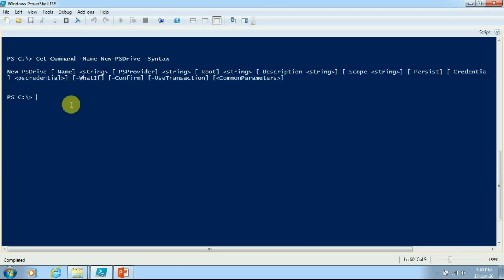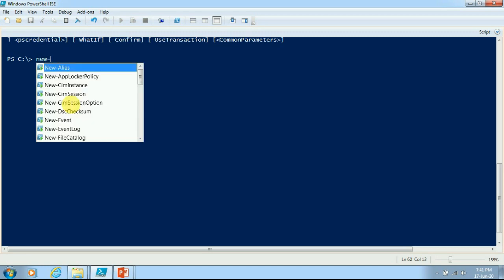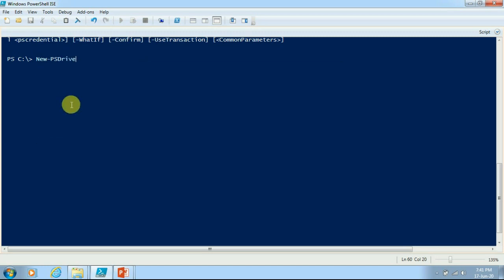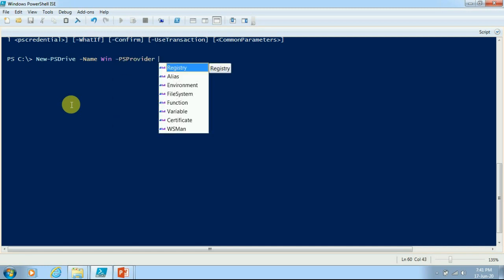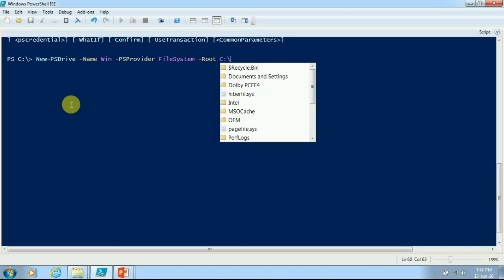So moving further, if I want to create a new drive, let's create. To create a new drive, I will have to use the commandlet called New-PSDrive. For the name I will specify something like win, in PSProvider I will choose FileSystem, and here in Root I will have to give some path.